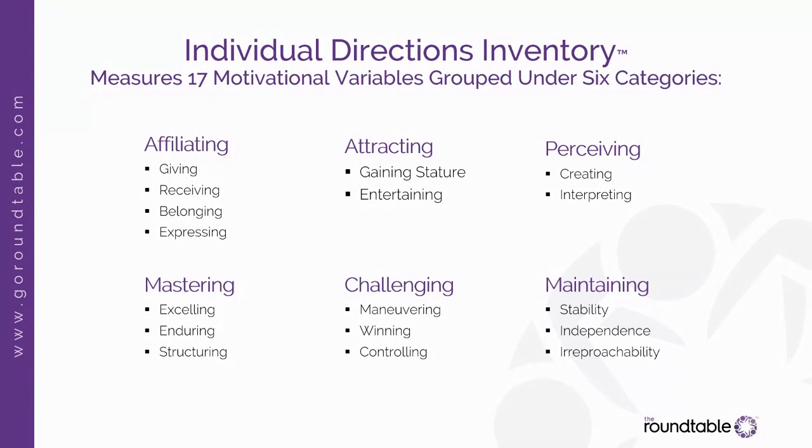So we've got 6 big categories. And the first one, affiliating, really relates to the degree of close, intimate, personal relationships that we like to have. Under that category are motivators like giving. If you're high giving, you love helping people. You help everybody, whether they want your help or not. You just love giving and helping. People who score lower on giving may be more selective about who they give to. If you ask them for help, they could be right there with you helping, but they're not necessarily going to be super proactive about helping everybody.